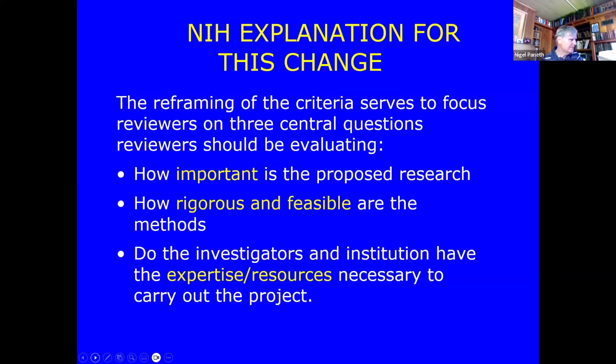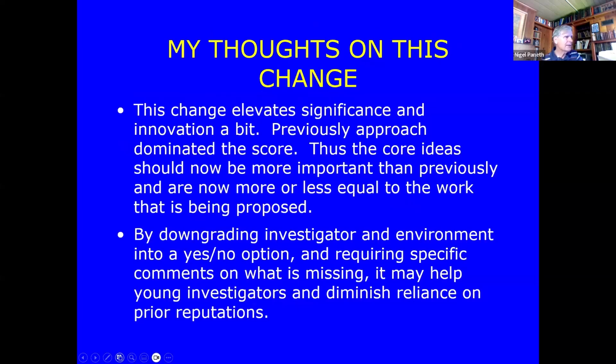Now, in my opinion, this change elevates significance and innovation a bit. They're not put on a par with the approach. Previously, I think approach really dominated the weights given to total scores. So it puts significance, innovation is really about ideas, and I think approach is really about execution of the ideas. So I think the ideas now have been given a little more prominence, and also by downgrading investigator environment into